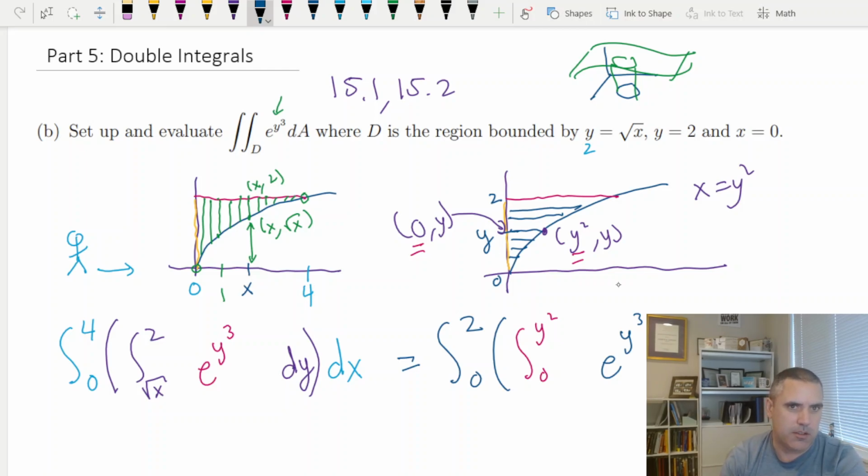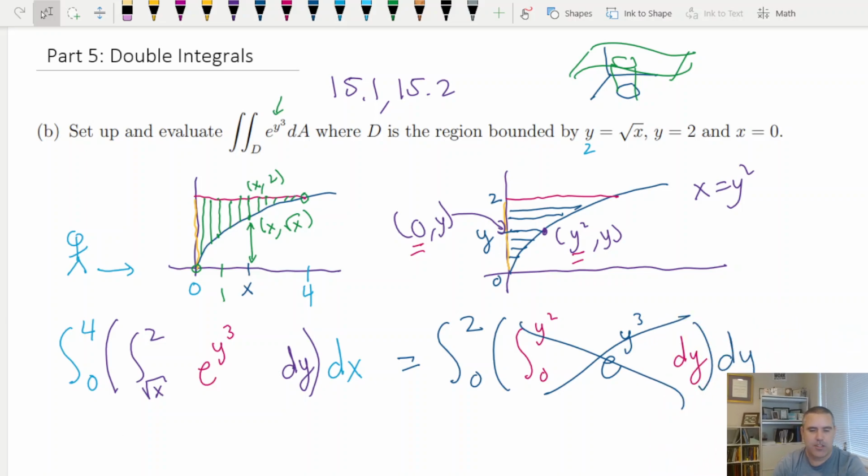Now in this particular case, I don't know how to integrate this. I can't think of a way because there's no y squared outside. So we're out of luck there. So we have to do it the other way. That was kind of the challenge of this question, is you couldn't do that. In terms of integrating, this we can do because